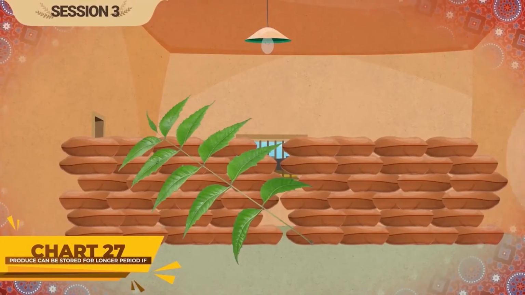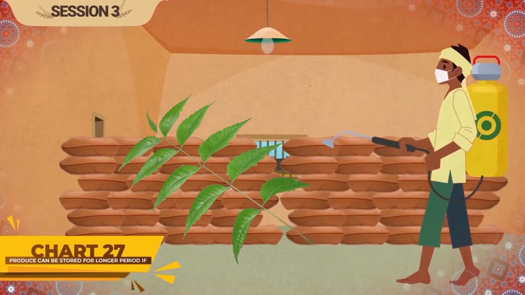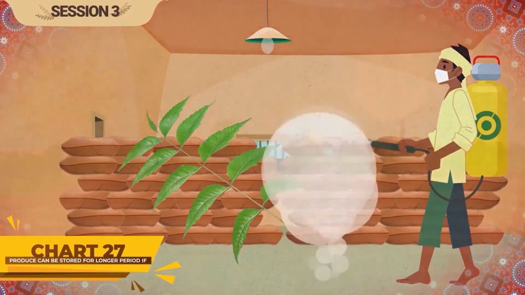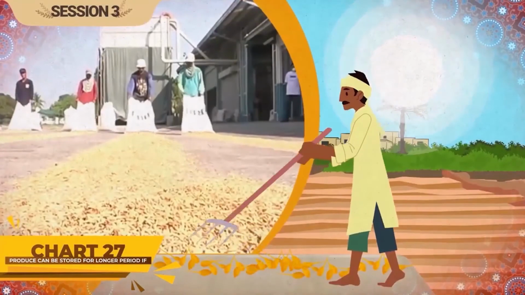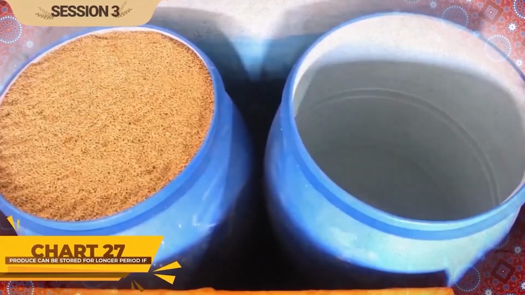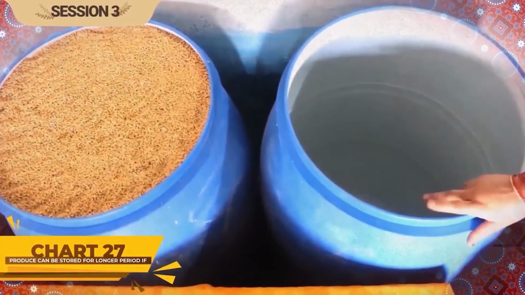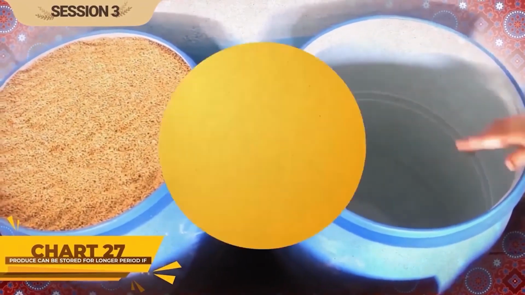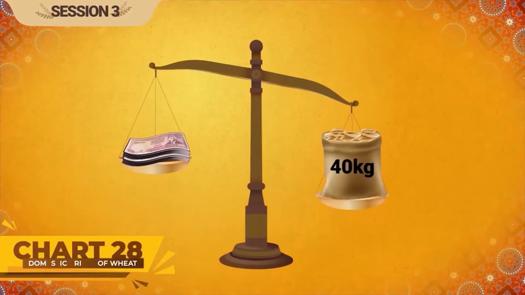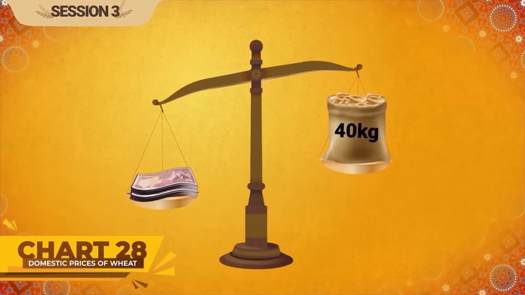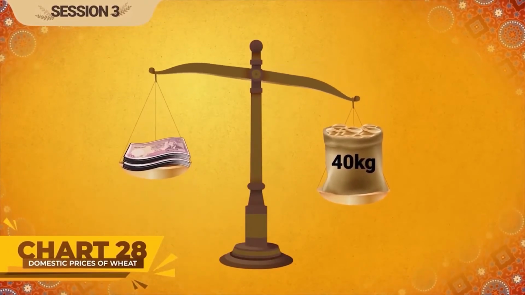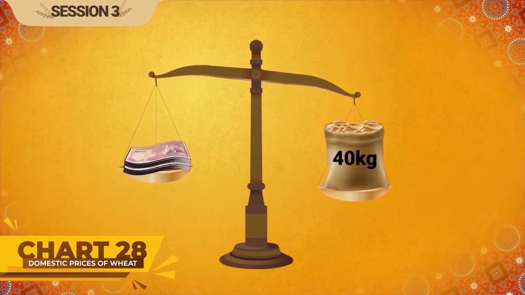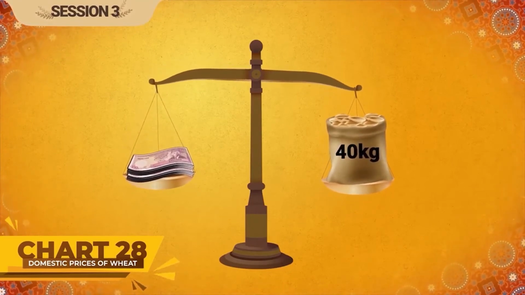After rainy season, the store should be fumigated and if possible, the grain may be sun-dried to maintain the proper moisture percentage. Sealed or hermetic storage systems are an effective means of controlling grain moisture content and insect activity. Domestic prices of wheat. Every year, the government announces the wheat support price and you should not sell your wheat at a price lesser than the support price.